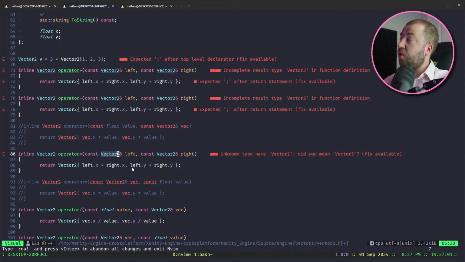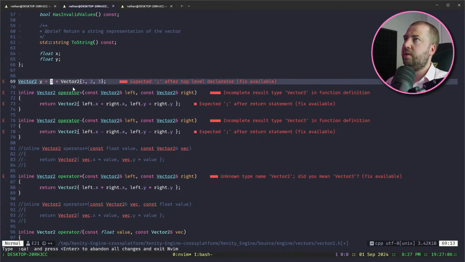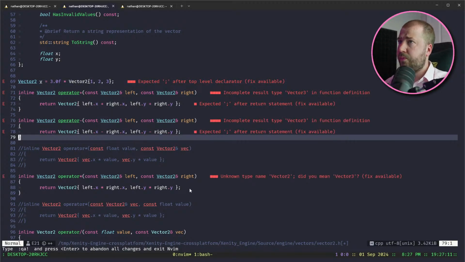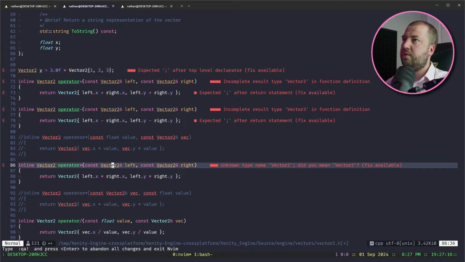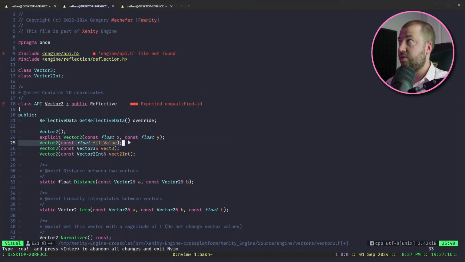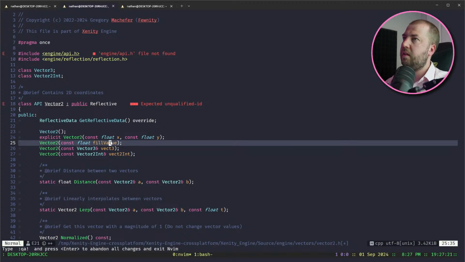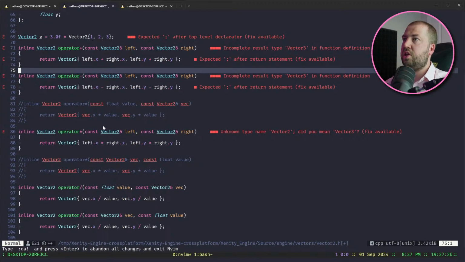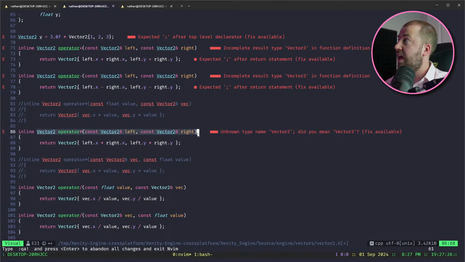But what the compiler is also allowed to do is one implicit cast to make that work. So it's going to look at your 3 and go, sorry, let's make it a bit clearer, I'm being lazy. That's a float. Can I convert a float to a vector 2? Yes, I can, because you've told me how to do it, and it's not explicit. So if you make your fill value non-explicit, then you can just use this, and the compiler will just work